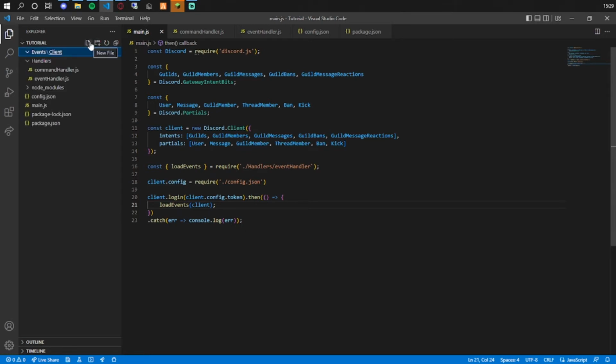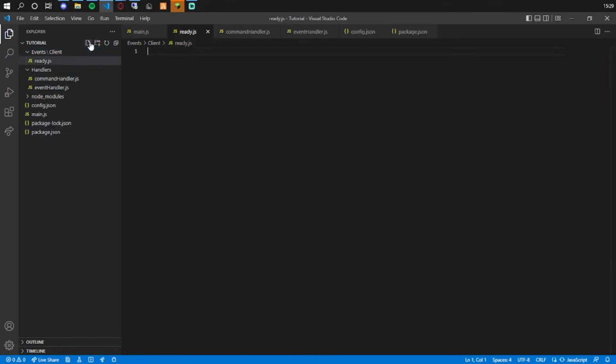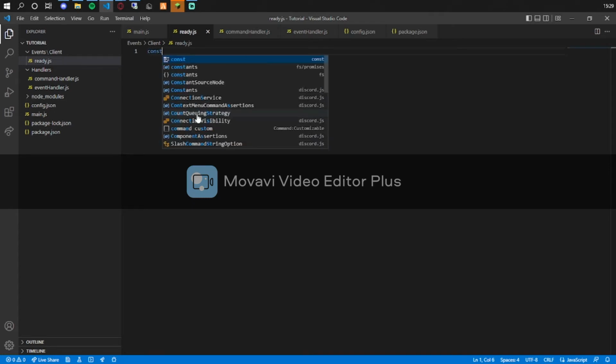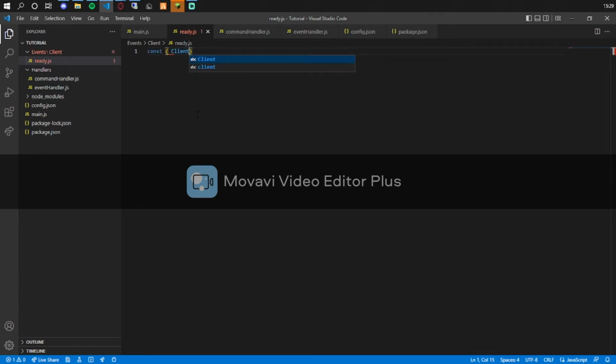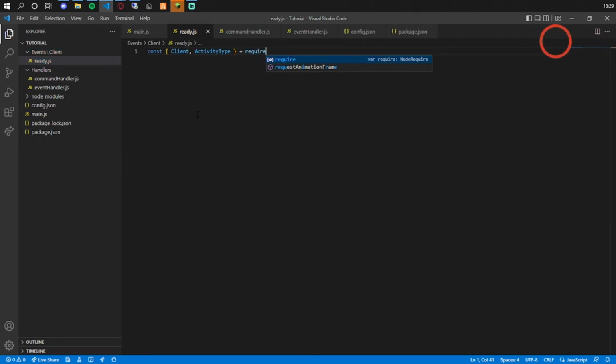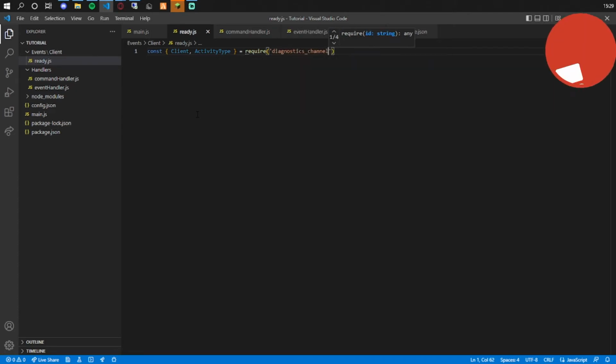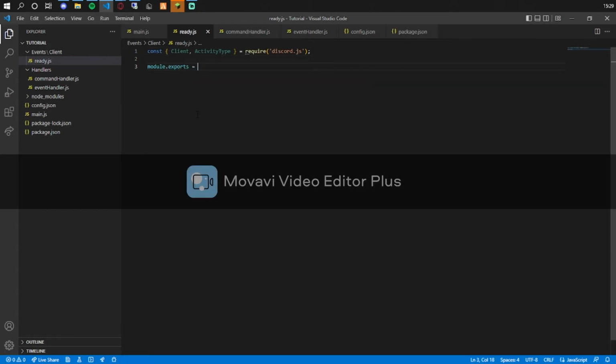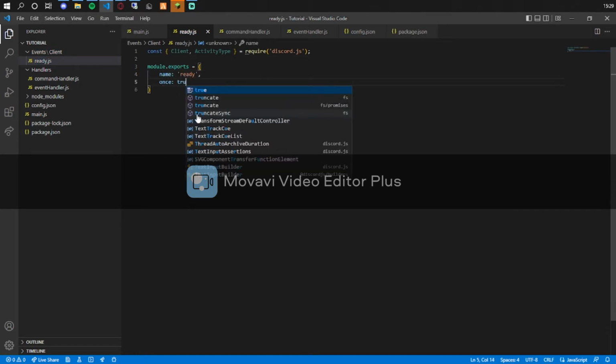In here, I'm going to make something called a ready.js file. This is the thing that will tell you the bot is online. So we need to do const client activity type, and this will require discord.js. Okay, we need to do module.exports. Then in here we're going to do name ready. We're going to do once true,